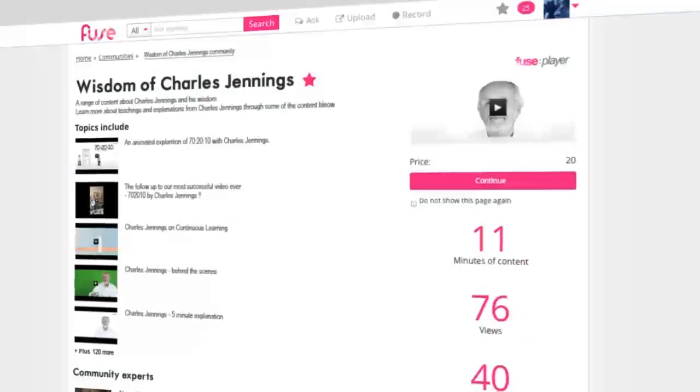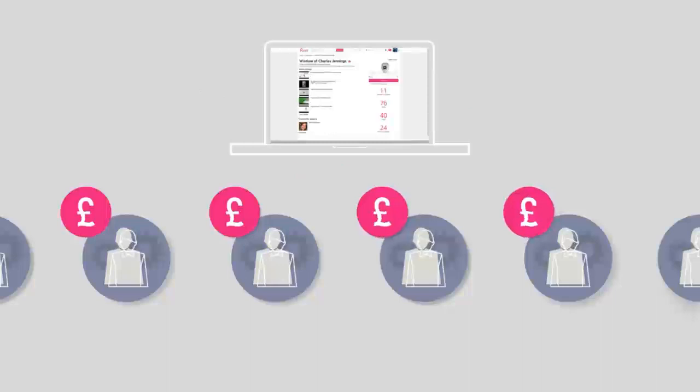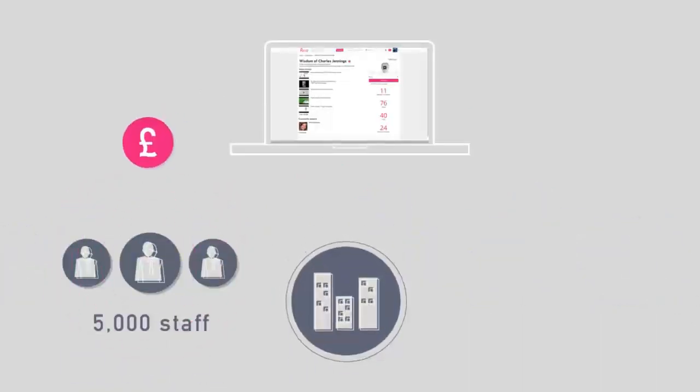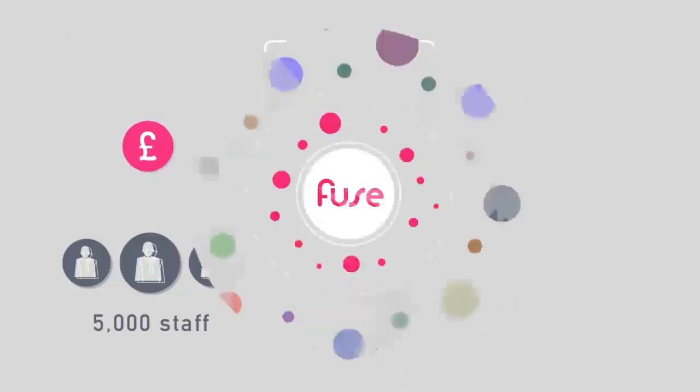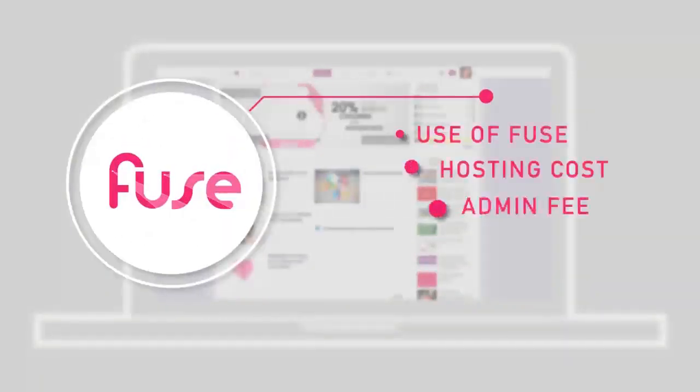So we're going to offer a different pricing model for this type of access. Normally we charge per learner. So for an organisation with 5,000 staff, we would charge a per seat fee for those 5,000 staff. We recognise this doesn't work for the outward-facing Fuse, because someone like the United Nations may have 5 million refugees using the programme, and likewise Maudsley may have hundreds of thousands. So instead what we're doing is we're charging just a set fee for the use of Fuse, and then just a pure hosting cost plus a small admin fee on top.